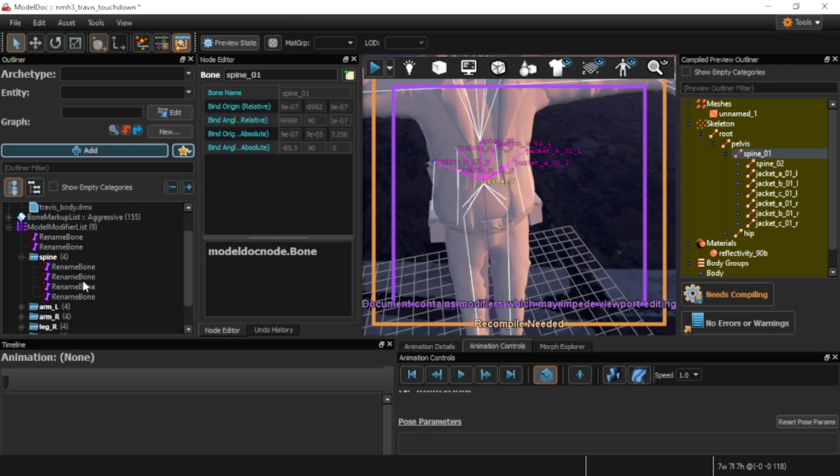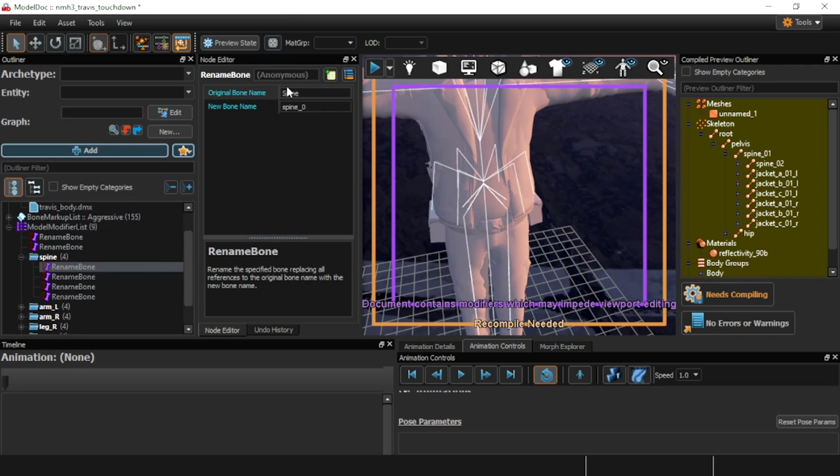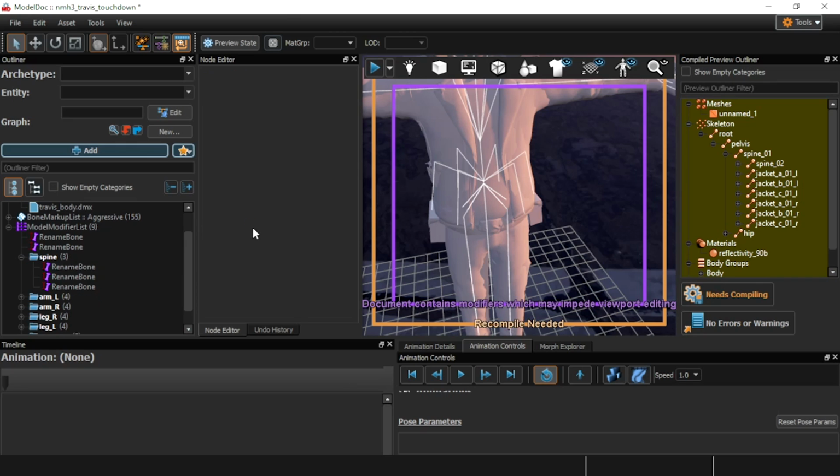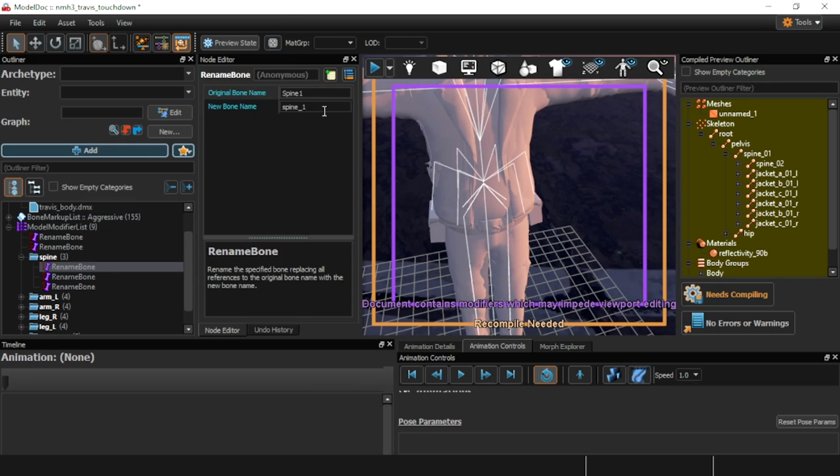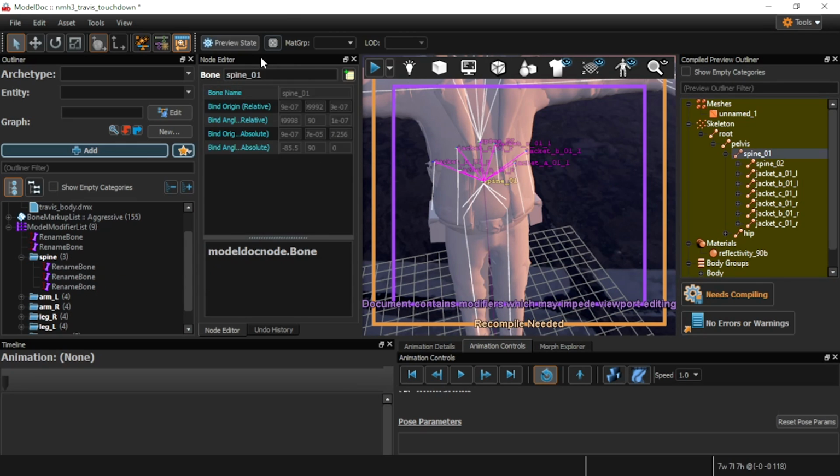So, spine, well, we need to rename to spine_0. Well, in this case, we don't have a spine 0, so we're going to delete that. We do, however, have a spine 1. We have a spine 01, so we're going to replace that